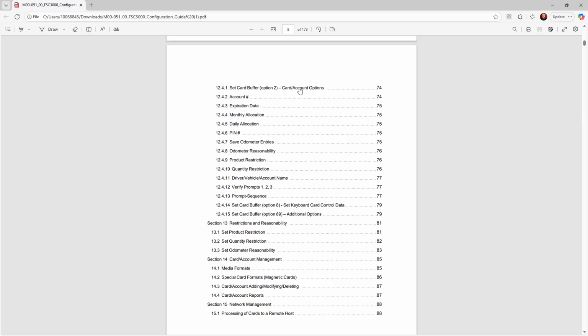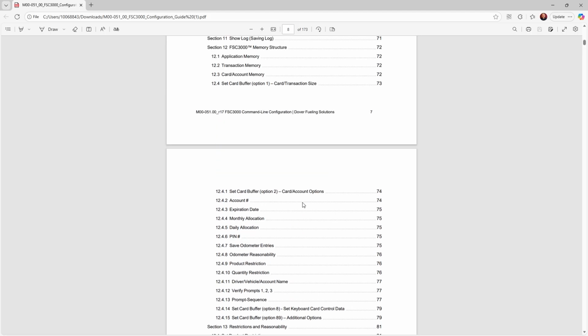So if you need to redefine your card file in order to be able to resend your cards and reset your card options, you have this set card option here. So you would do command set card and then select option 2, and then it'll allow you to define if you need FSC accounts, PIN numbers, odometer, product and quantity restrictions,